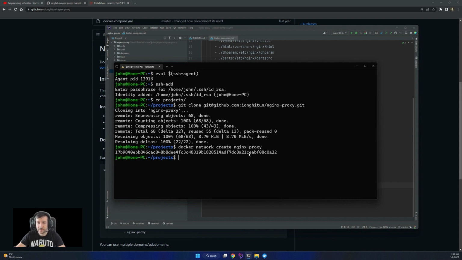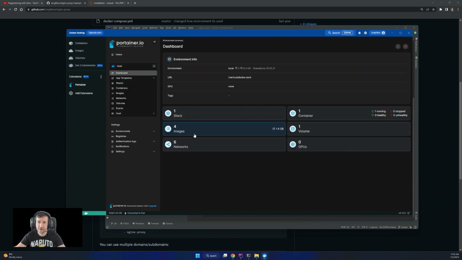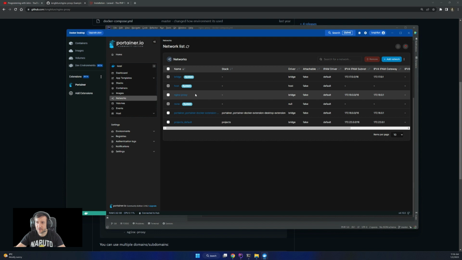So this will create the network. Obviously you need to have Docker up and running to run Docker commands. If we go to the Portainer extension and local, and now we go to the networks, we see this network declared and up and running. So all good with that.